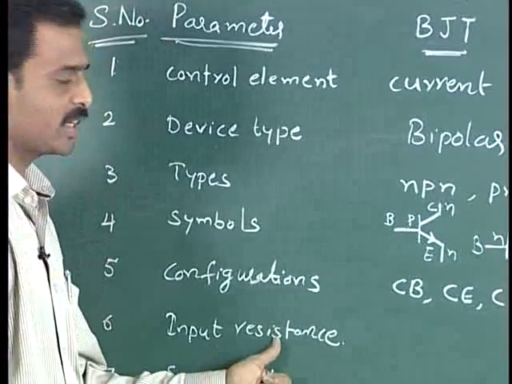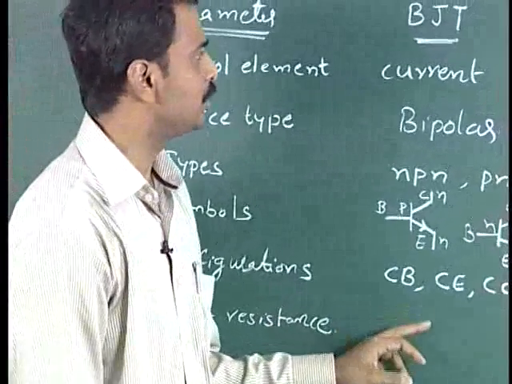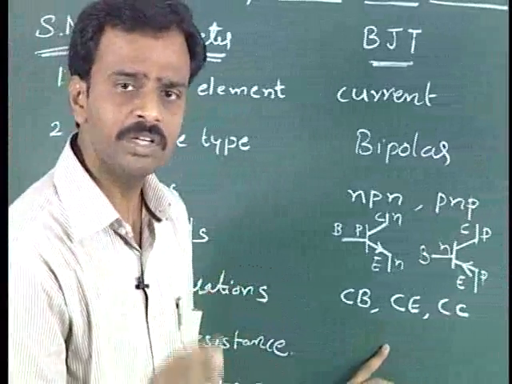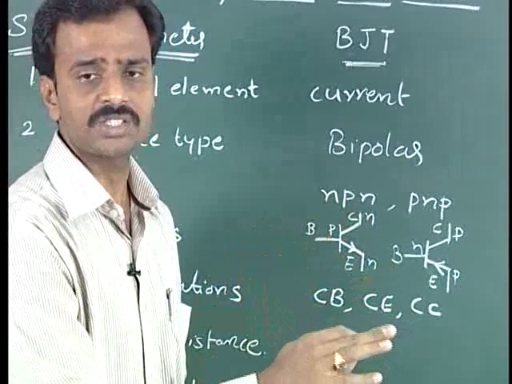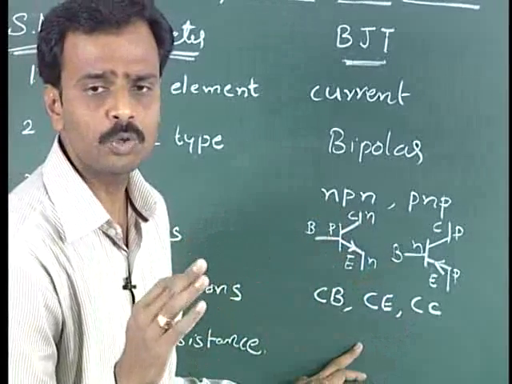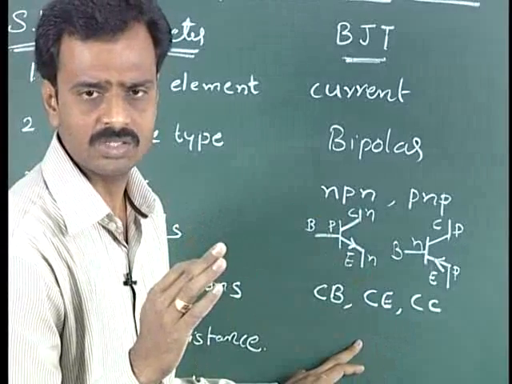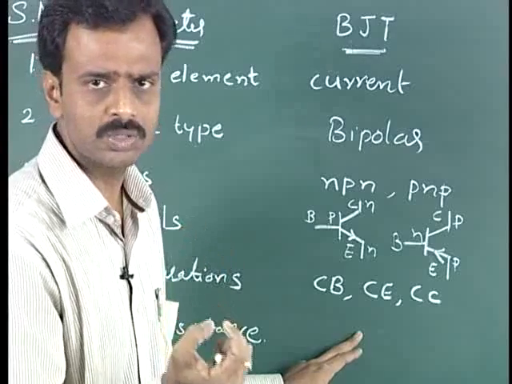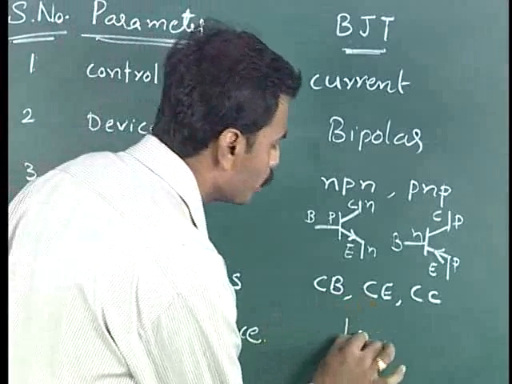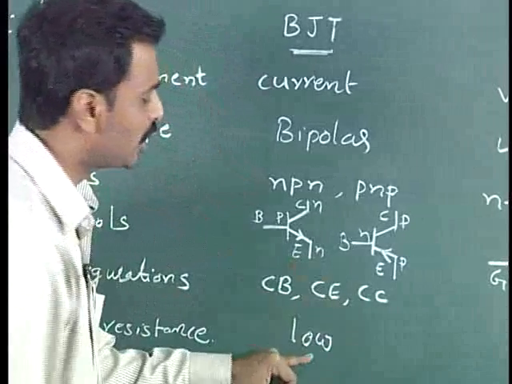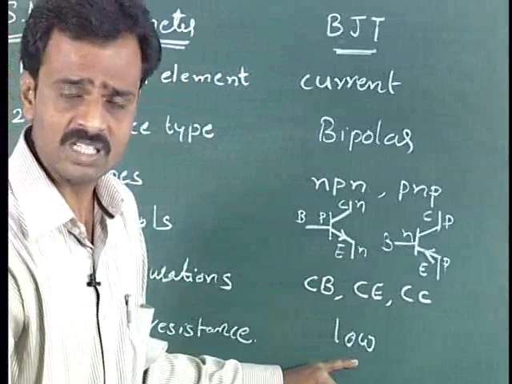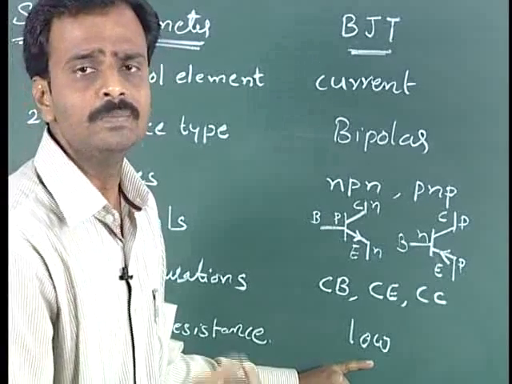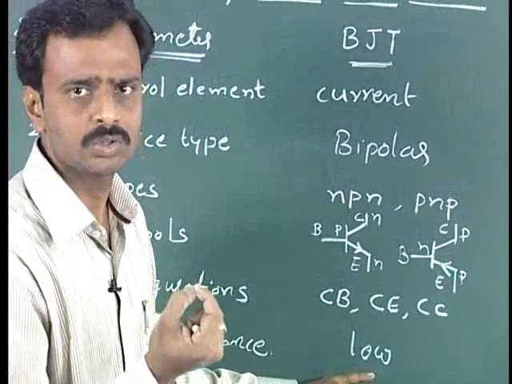Next, coming to the input resistance. As I know, the bipolar junction transistor has two junctions: one is an emitter junction and the other the collector junction. This emitter junction is at the input, which is always forward biased. Because of its forward bias, it has low resistance at the input, so it is having a low input resistance. Always the input of the circuit, the emitter junction, is forward biased. So whatever the circuit, it is forward biased, obviously the resistance will be less, so that it is having